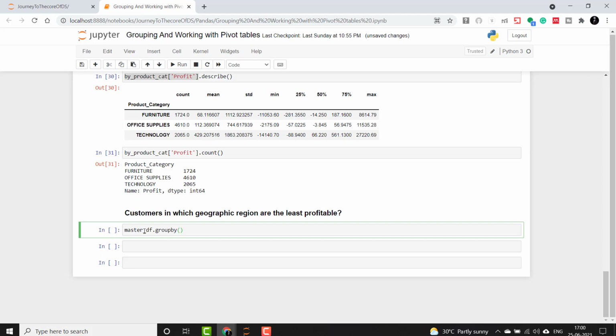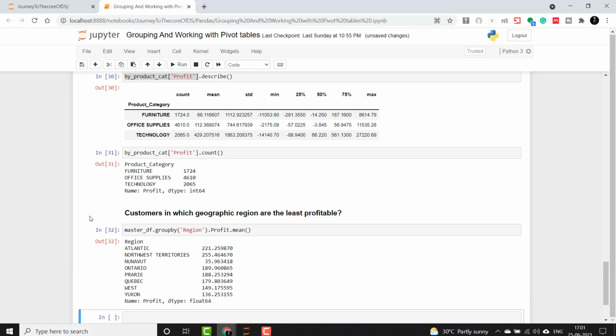This time group by will be applied on region, and then we will say profit.mean. You will see that this region has the minimum profit and thus has incurred most losses.